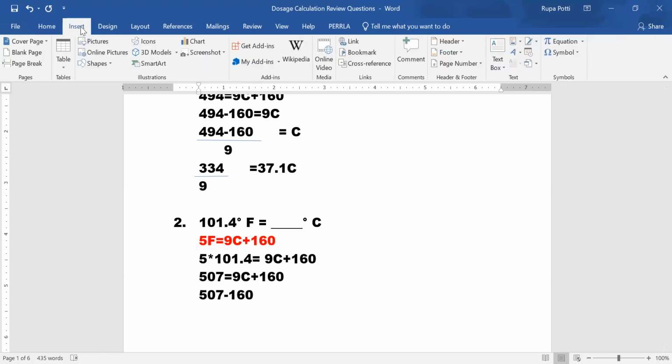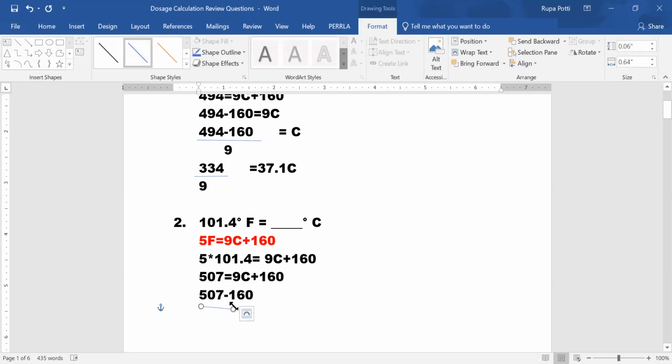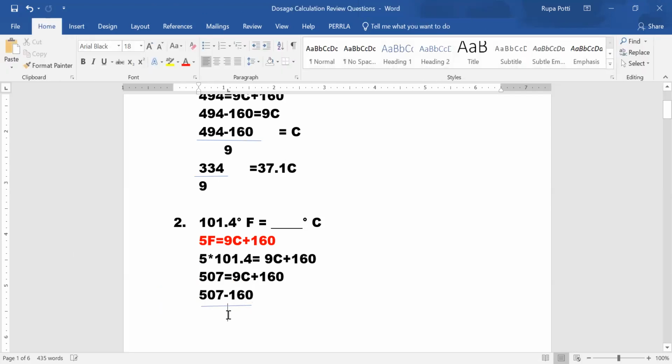And you'll also bring your 9 onto this side. So this will equal C. So your answer will be 347